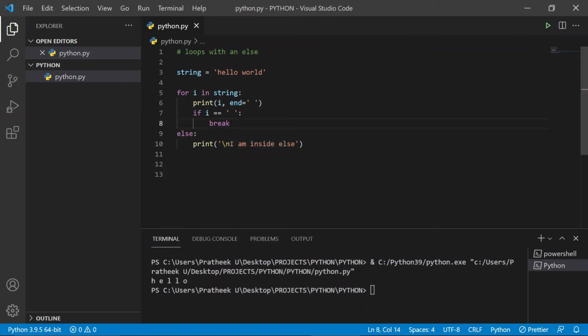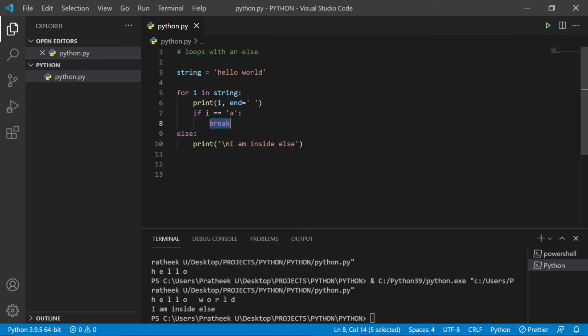Now you might get confused. You might be thinking that I introduced a break statement, that's why it is not printing I am inside else, right? Now the important point here is no matter whether you introduce a break statement or not, your for loop must hit that break statement. So let me actually go ahead and put a here. So in this case, it will check whether a is there or not. If a is there, then only it will hit the break statement and come out. So here you will notice that it will print I am inside else. Reason: although we have introduced a break statement, the for loop did not hit that break statement.